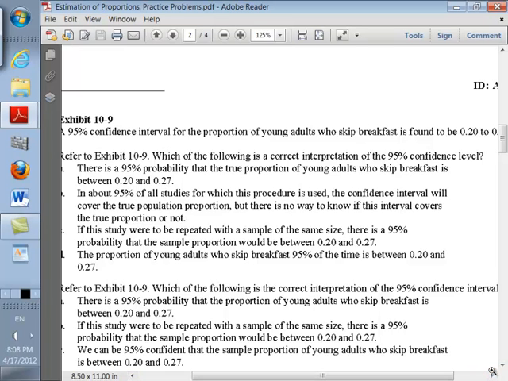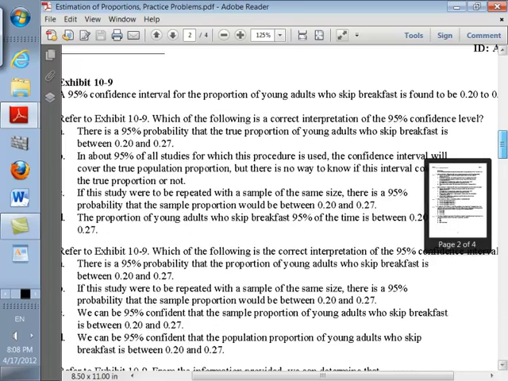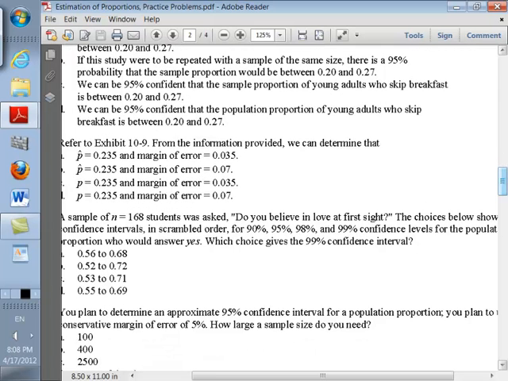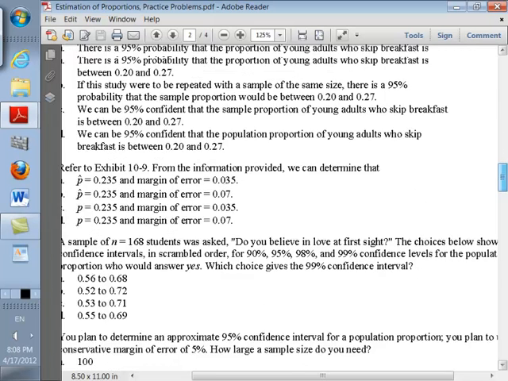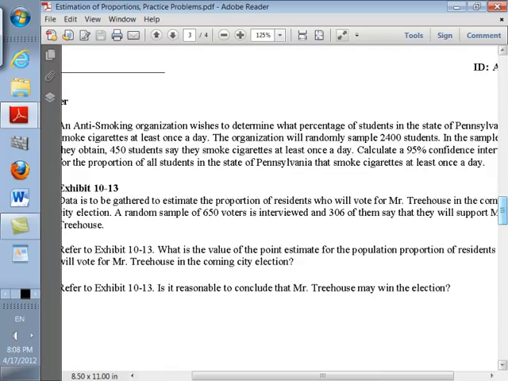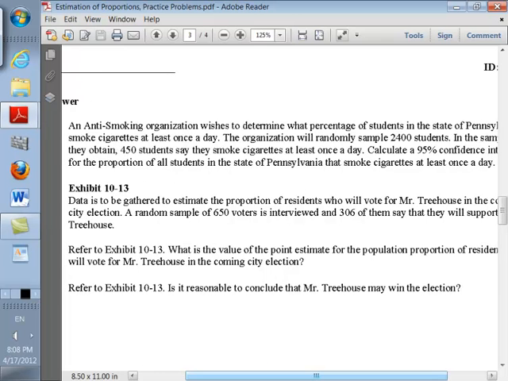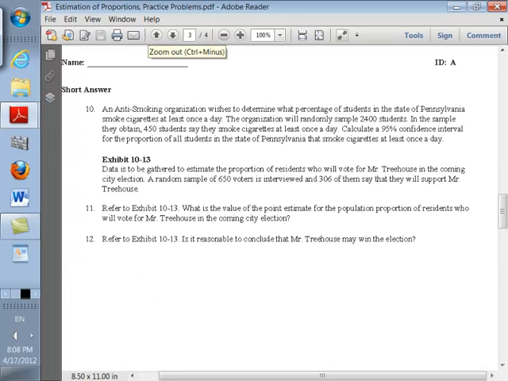And the problem says the test proportion, which implies p hat, for an interval of... actually this requires a little bit of a confidence interval, actually sample size. So let's look at